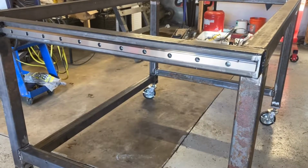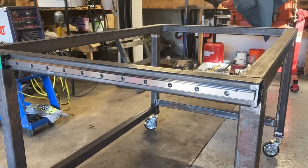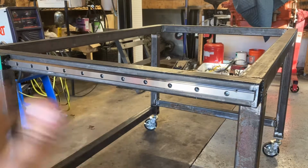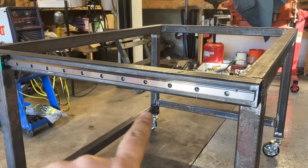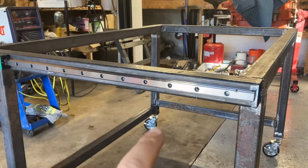Okay, I didn't record it, but it was basically to get to this point where we just got these rails initially mounted. All I did was I took a caliper, locked it in place, ran a center scratch down the whole length of the tube. Did the same thing on the other side. I know they're not perfectly machined surfaces because they're just steel tube, but it should get us close enough in the ballpark. Clamped the rail in place and drilled a hole at either end and tapped it just to hold it in place. So now when I look into the open holes, I can still see the center line scratch, and